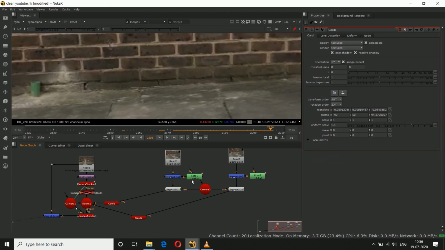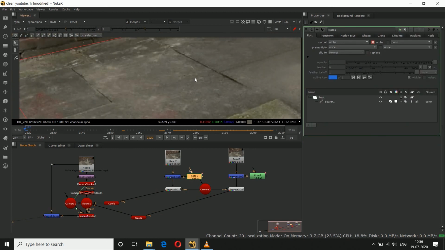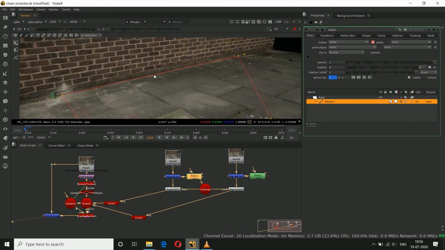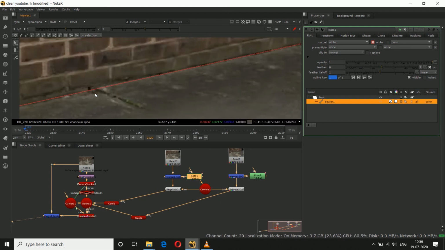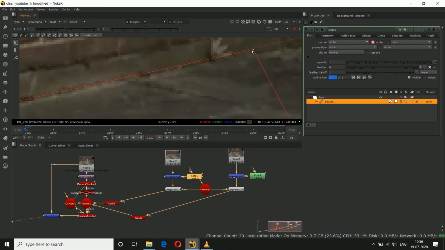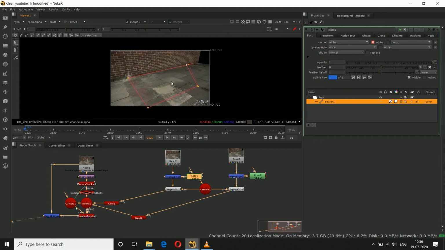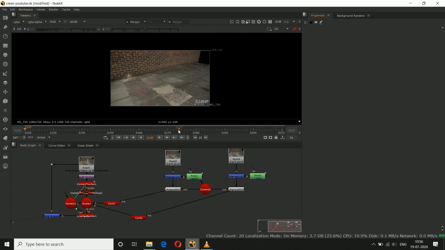Okay, so we'll increase the roto size. We'll increase a little bit. Okay, like this. Like this. Okay, now it's correct. Thank you.